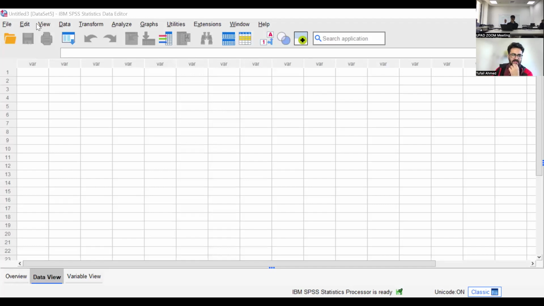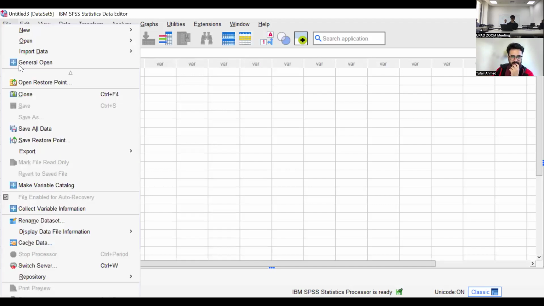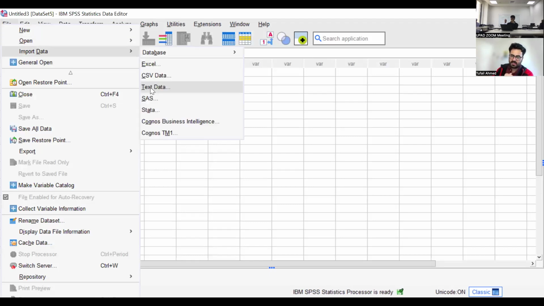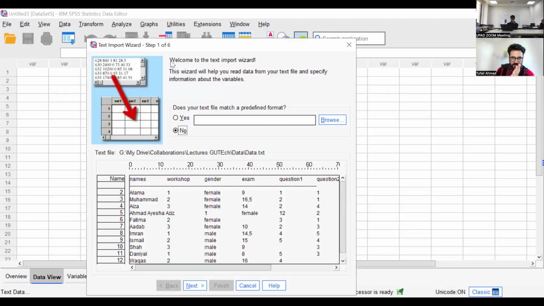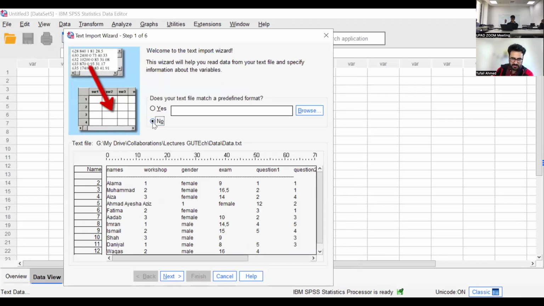I'm going to share the screen again to the online participants. Now you can follow us in SPSS. You click open, you click import. I'm repeating it again. The next exercise is for you to import this CSV data. So text data, open. I'm not using any predefined format, so I will click no. I will click next.